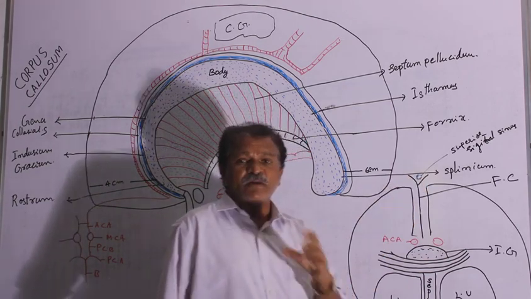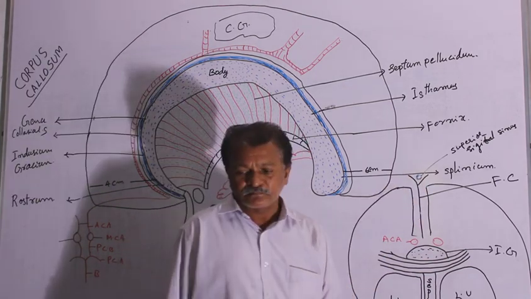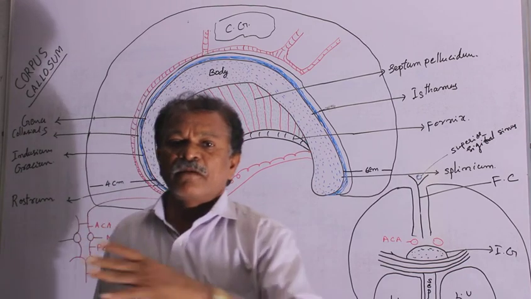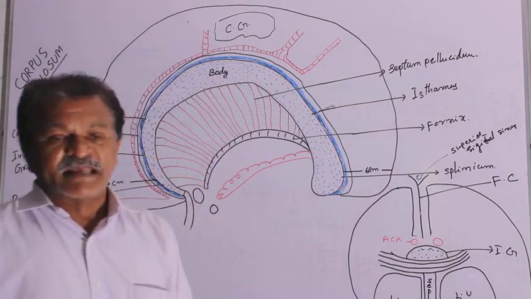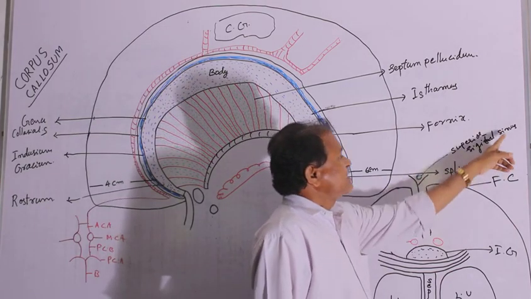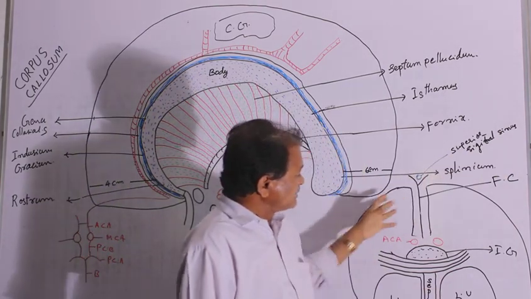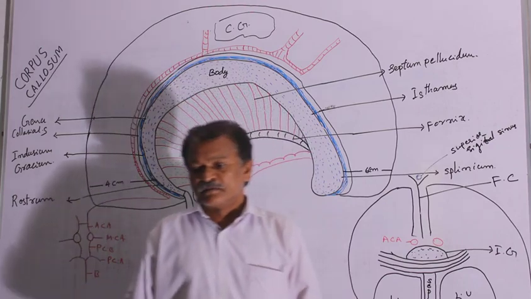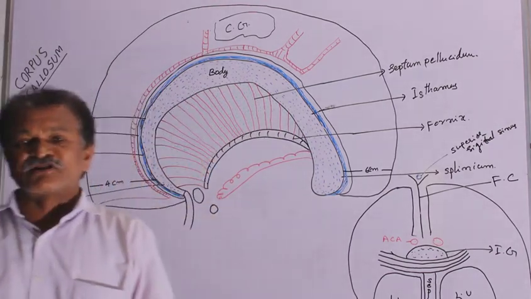It is attached to the margins of the sagittal sulcus, and in between the split-end portion there is the superior sagittal sinus. This is concerned with the sagittal section of the